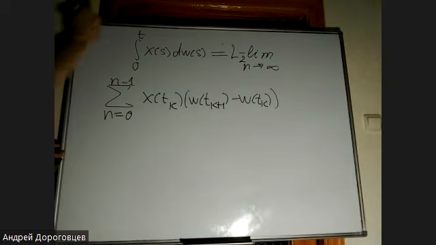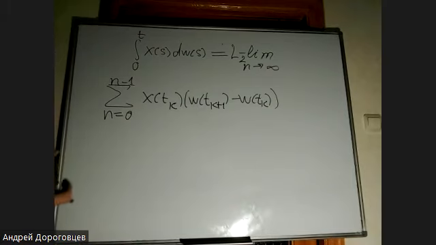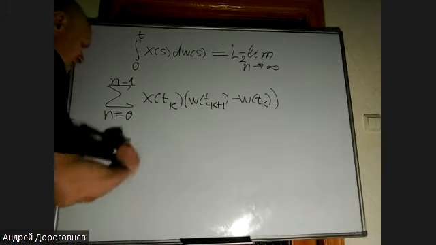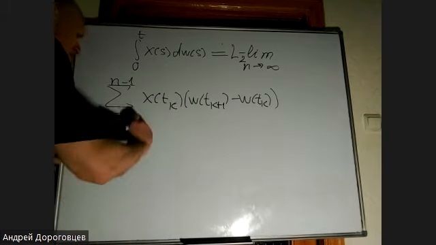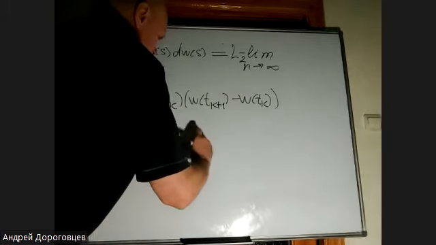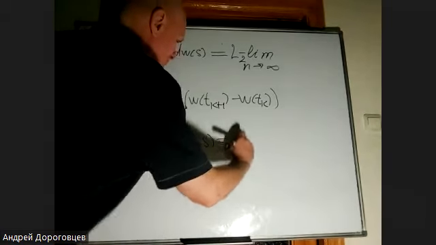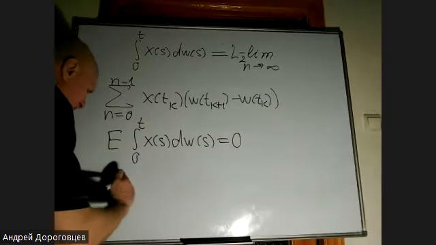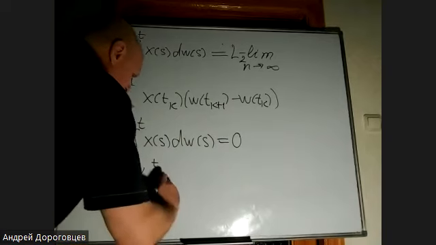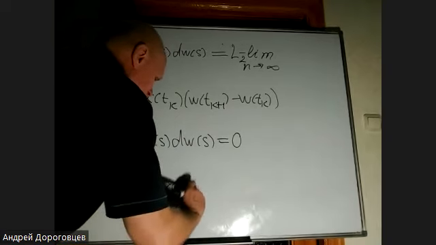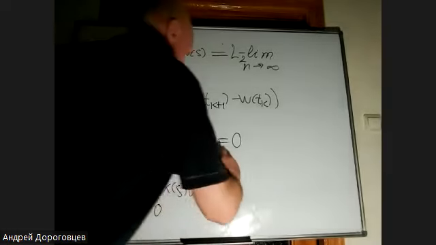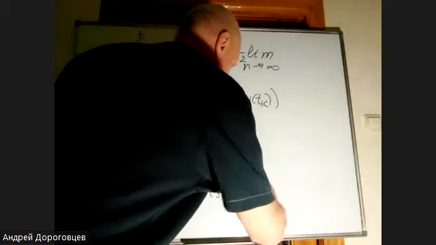And this integral has good properties, namely, we know that its expectation is equal to 0. And we know that the expectation of the square is equal to the expectation of the